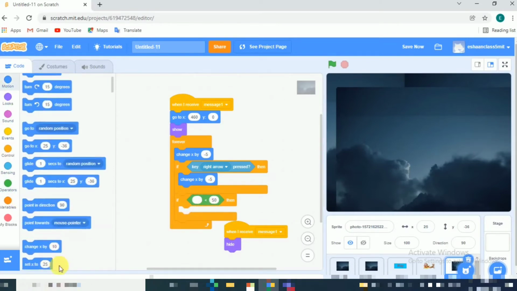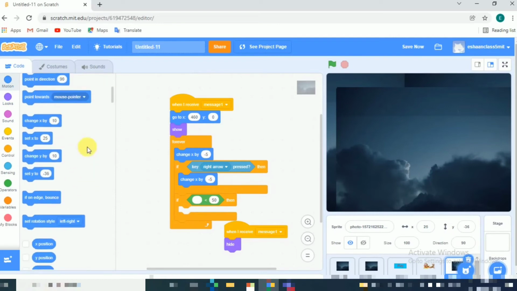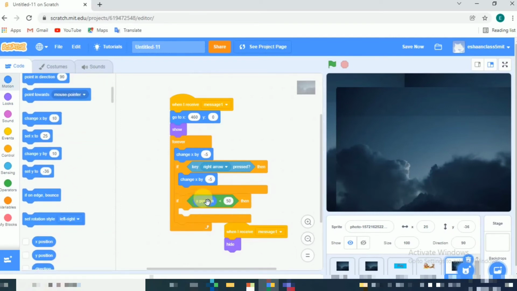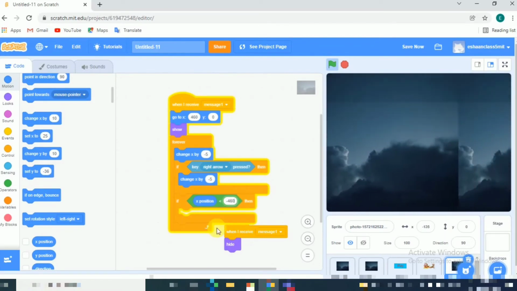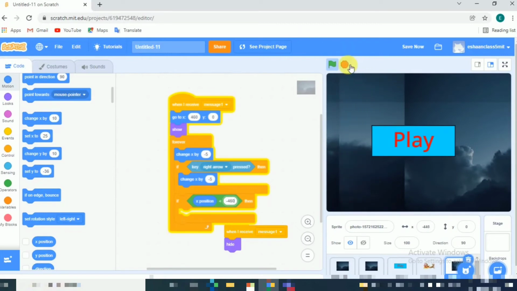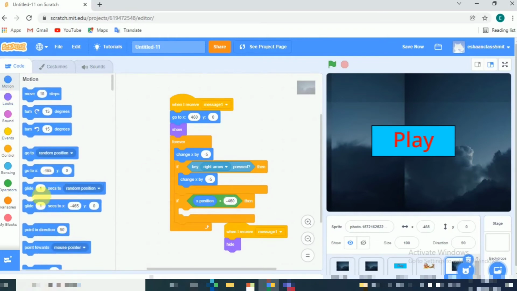And then go to motion and take X position here, and we'll change it to 460. The previous time I had added 465, but here it is now 460. Then go to X 465 Y 0. Go to motion and take this. Go to X 465. Here it is minus 465. We'll change it to 465.